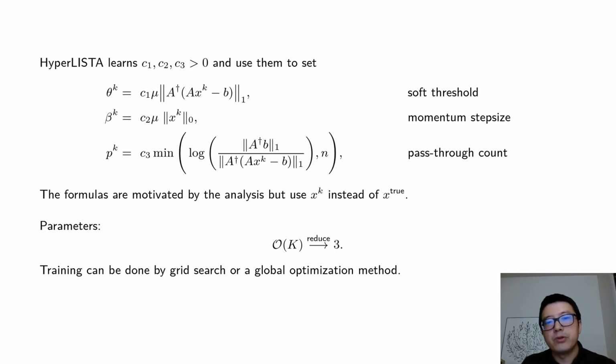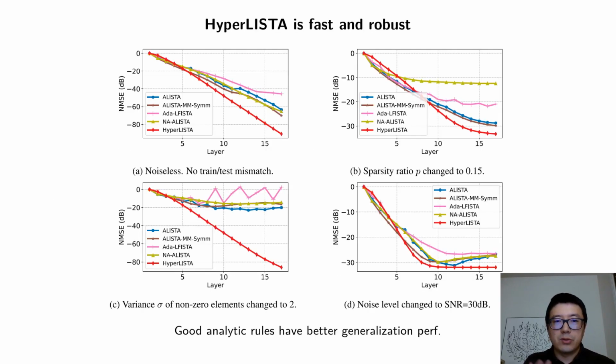So we have reduced parameters from K, like 32, to just 3. We can do a grid search. And the results are even better than before, amazingly. In the noiseless case, where training data and test data come from the same distribution, HyperLISTA does even better than ALISTA and some improvements of ALISTA. And then we start to